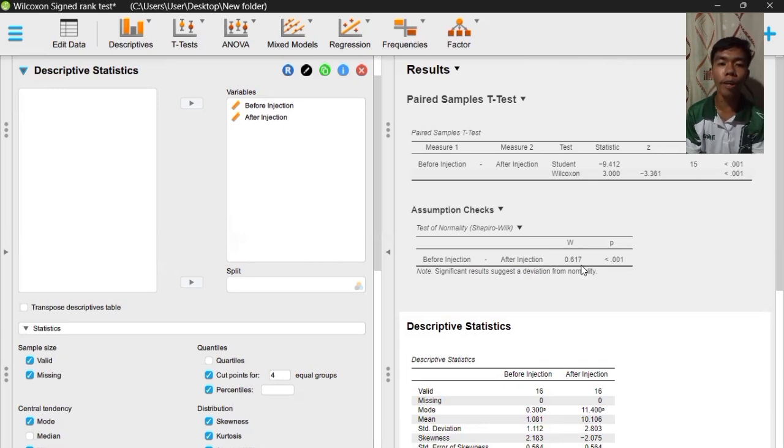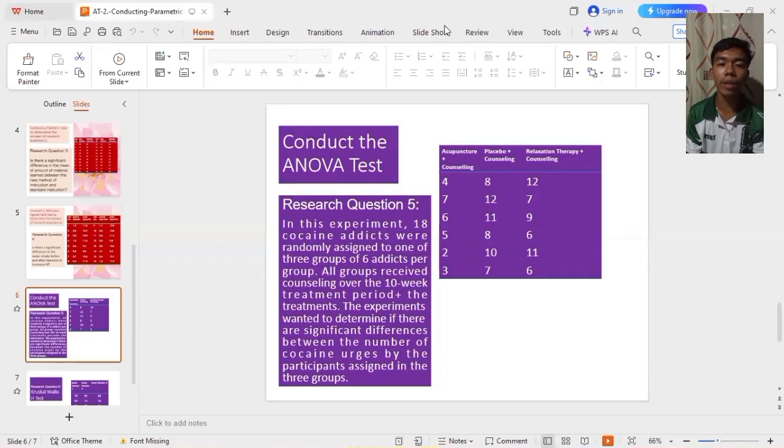If we are done with the fourth problem using the four different ways, we're going to proceed with the fifth one, which is about the ANOVA test, or how to conduct an ANOVA test with a given research question. In this experiment, 18 cocaine addicts were randomly assigned to one of three groups of 6 addicts per group. All groups received counseling over the 10-week treatment period plus the treatments. The experimenters wanted to determine if there are significant differences between the number of cocaine urges by the participants assigned